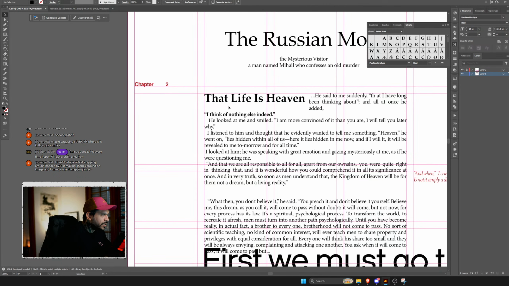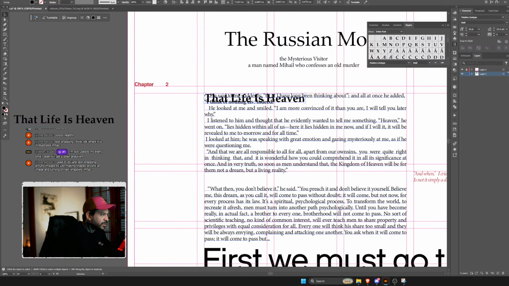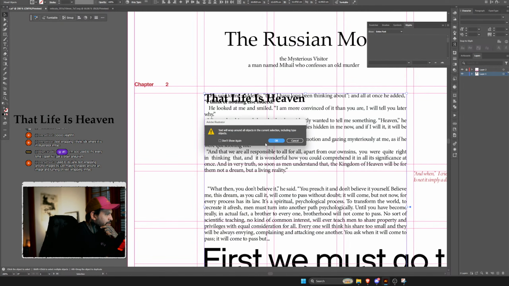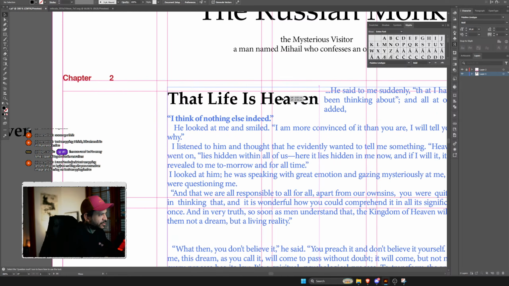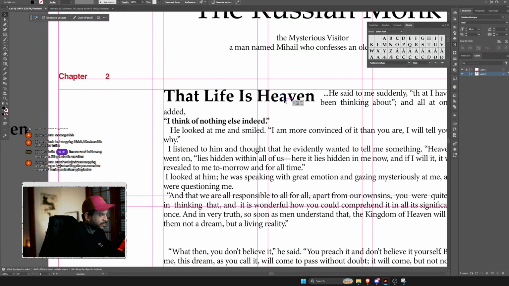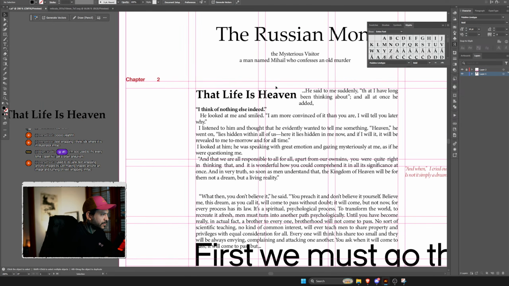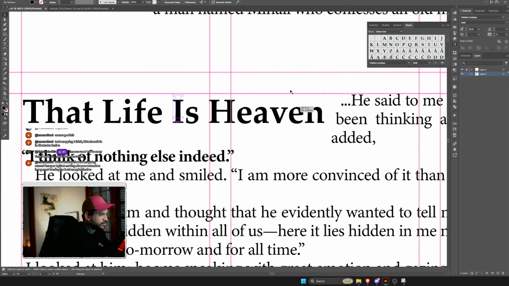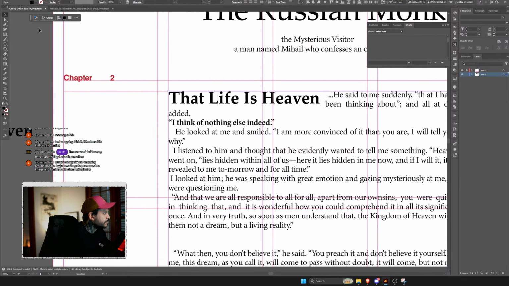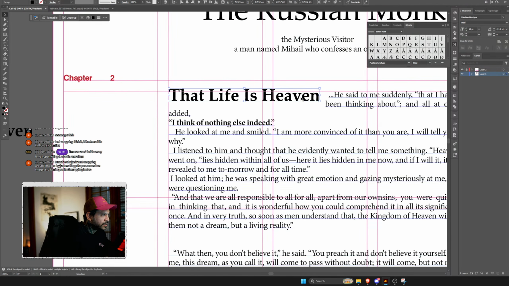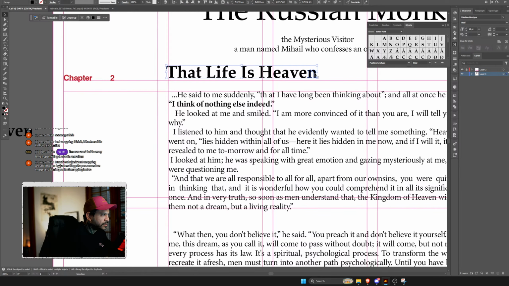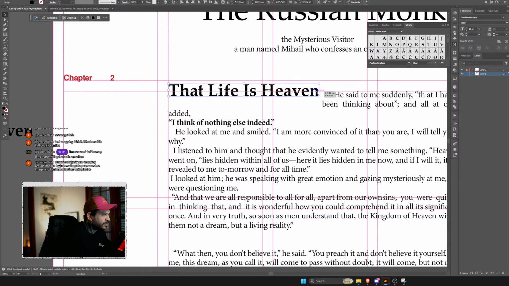What happens if I create the outline there and now? Object, text wrap make. Yeah, if I make it the object first, it's better because otherwise it's taking the entire shape, you know, like the text box. I want only the first line, bro.